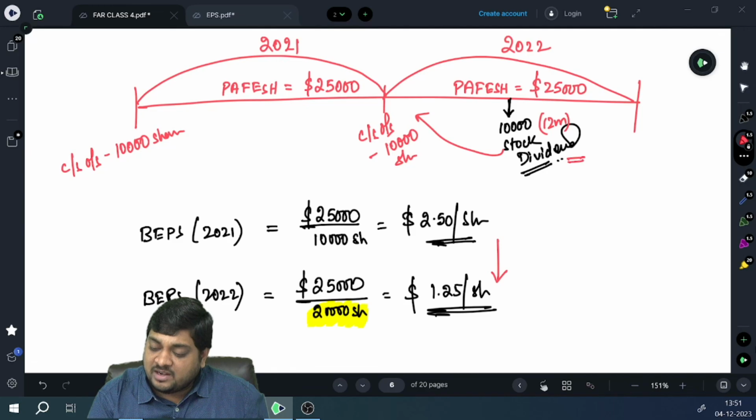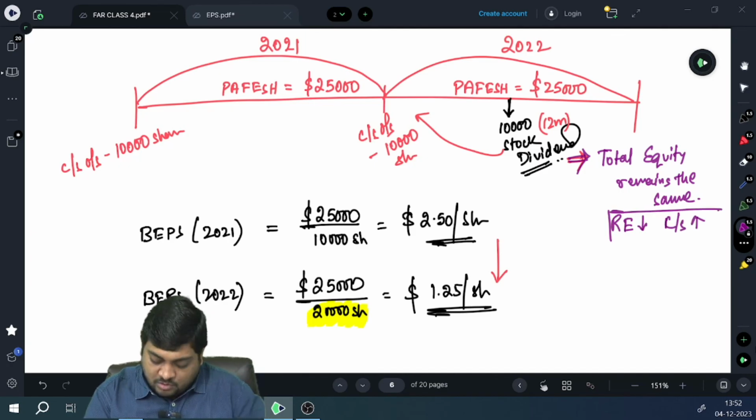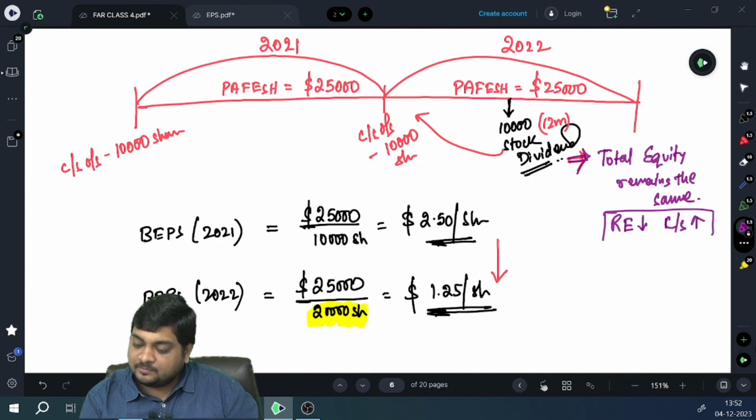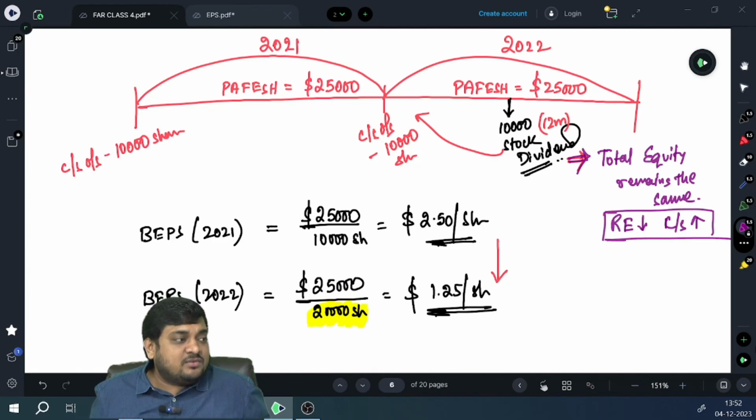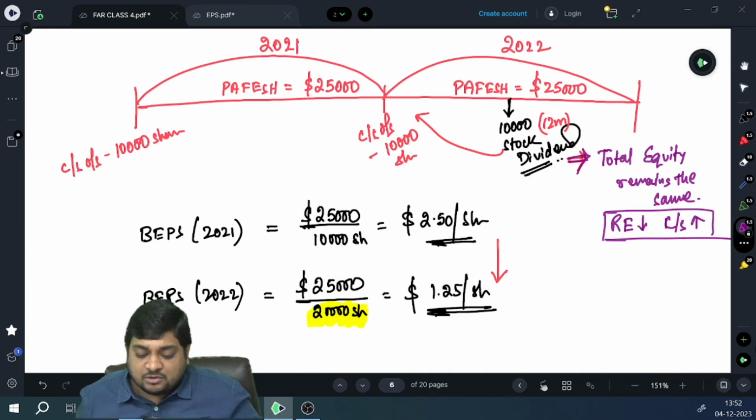Because in case of stock dividend, we know total equity remains the same. Retained earning decreases and common stock increases. This is what the effect is all about. Dividend is given in form of shares. Since the base has increased, the number of common stock has increased, that is why the earning per share declines. So what we need to do